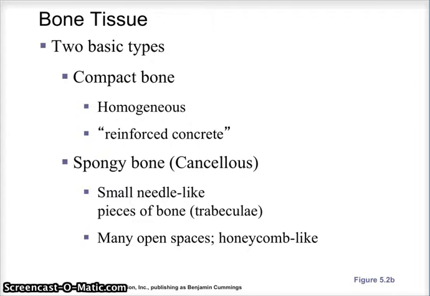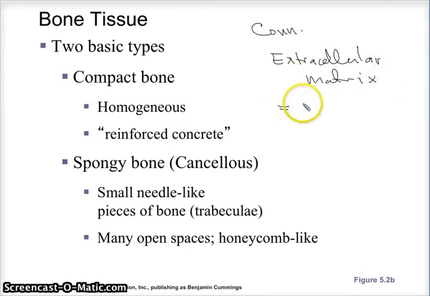All right, first and foremost, basic tissue types. Compact bone, homogeneous, reinforced concrete. One of the things to remember is when we talk connective tissue, we are talking about extracellular matrix. When we talk about bone, bone is a crystalline matrix. Okay, it's literally calcium phosphates. Here, we're just going to say crystalline. It's a crystalline matrix composed of calcium phosphates, and then we have collagen fibers